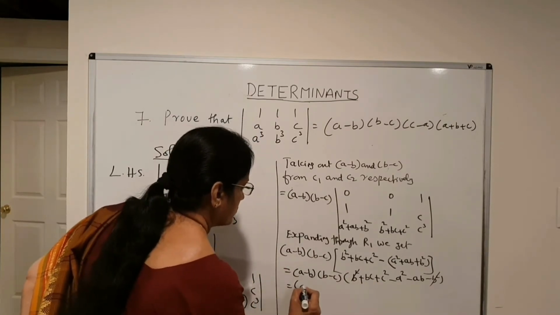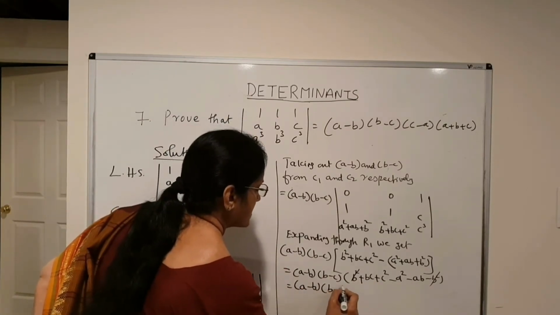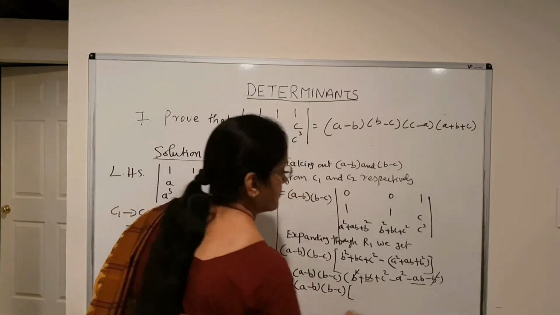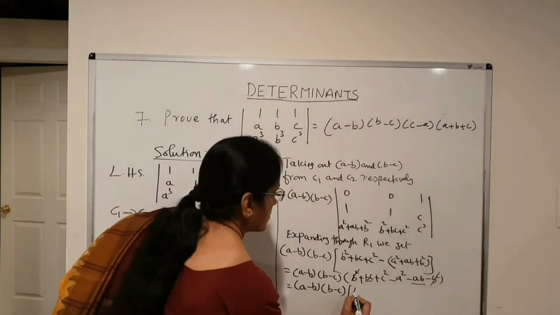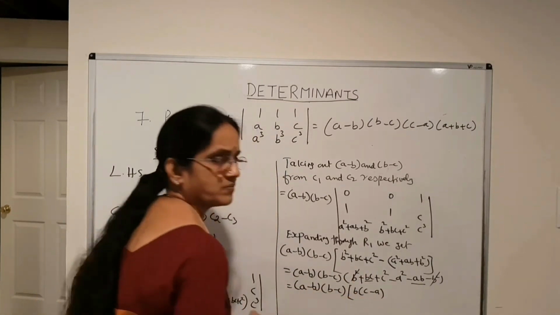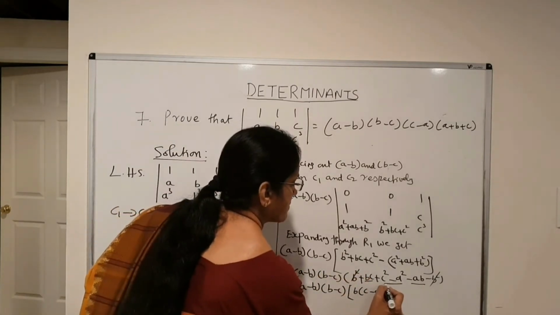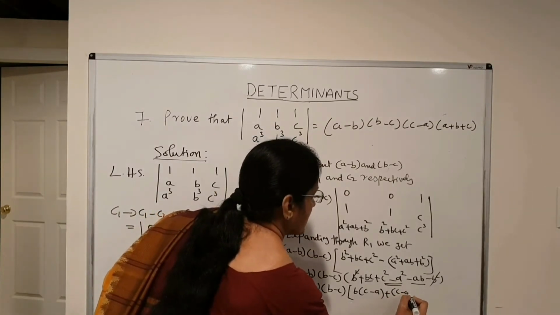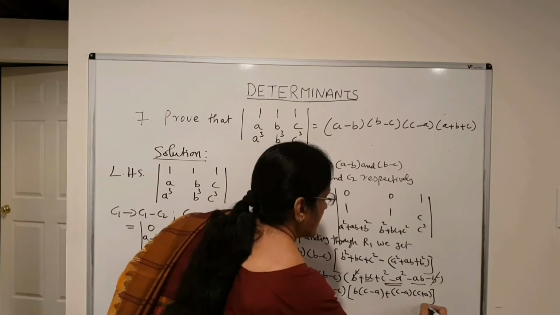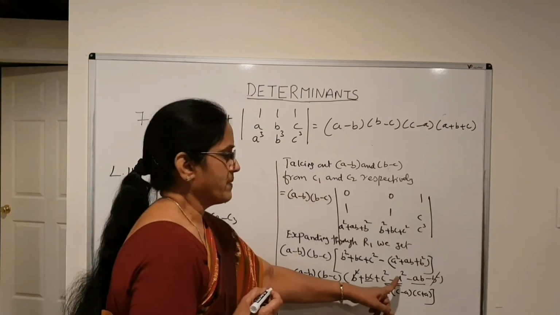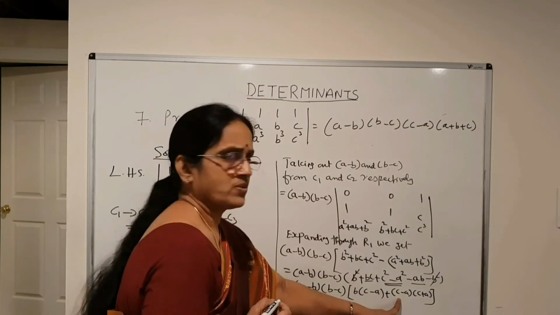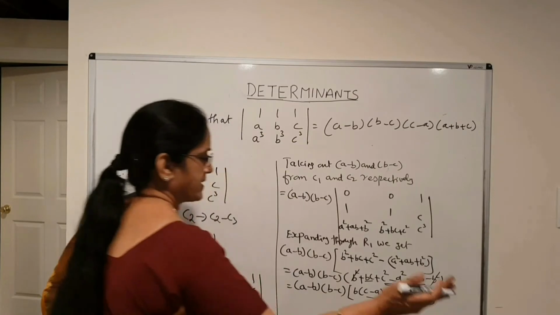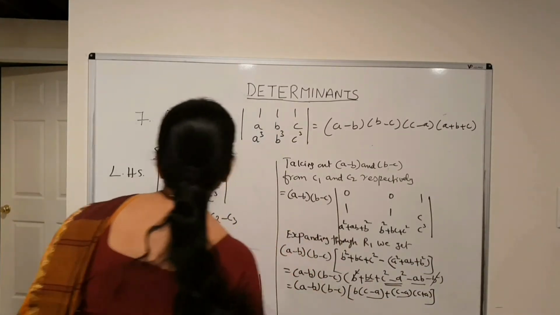Let me factorize that now. A minus B into B minus C. What I can do here is combine BC and minus AB. B can be taken out, instead I will have C minus A. Then I can combine C square minus A square, that will be plus C minus A into C plus A, that is of the form A square minus B square, which is A plus B into A minus B. Now, in these two terms, C minus A is common. That can be taken out.